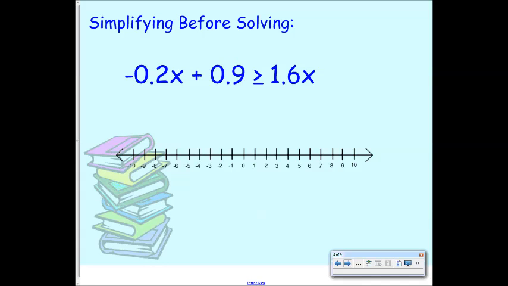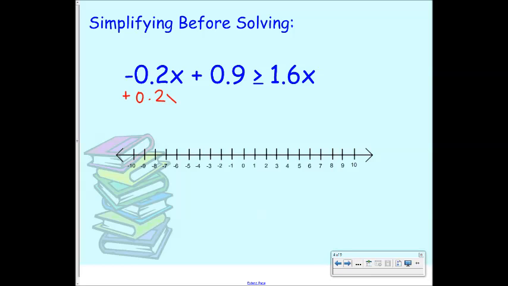All right. This one has a bunch of decimals in it, but that doesn't mean it's scary. That doesn't mean we can't do anything with it. We operate just the same way. We still want to collect our x's. In this case, which x do I want to move? I'm going to move this one